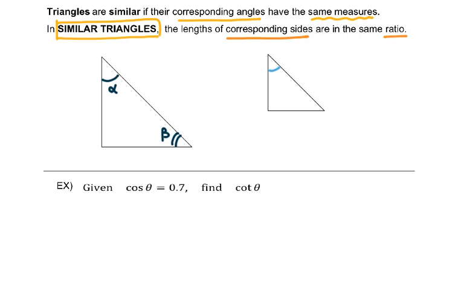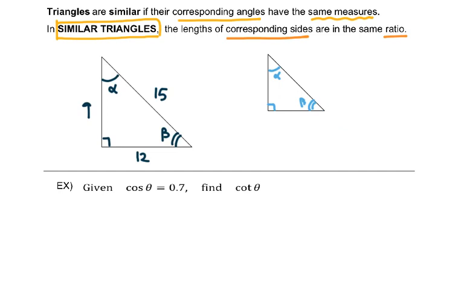and similarly on my little triangle, I'm still going to have alpha and beta. Both of these triangles have a right angle in the corner. So what we can see here, maybe the sides on the larger triangle are 9, 12, and 15. Since we know that the corresponding angles have the same measure, the top ones are both alpha, these lower right ones are both beta,